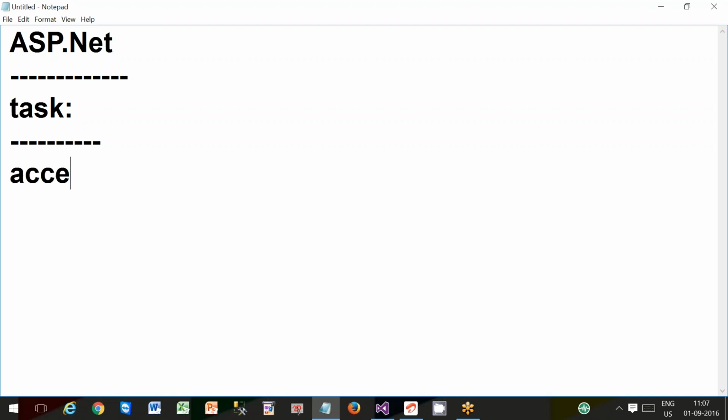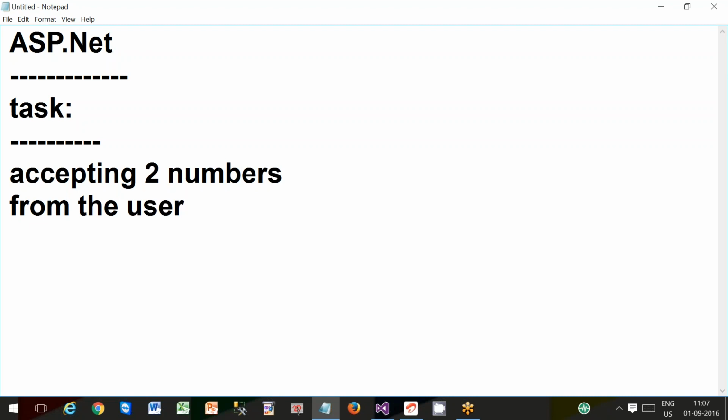Task is accepting two numbers. Everybody, observe and complete this task. Everybody get ready with your Visual Studio.NET. Accepting two numbers from the user means you need to design your web page to accept two numbers from the user